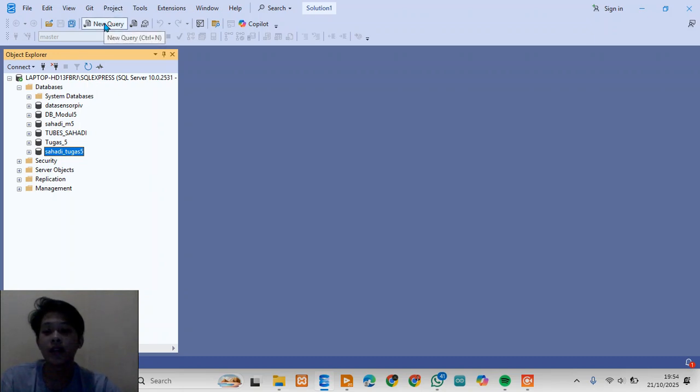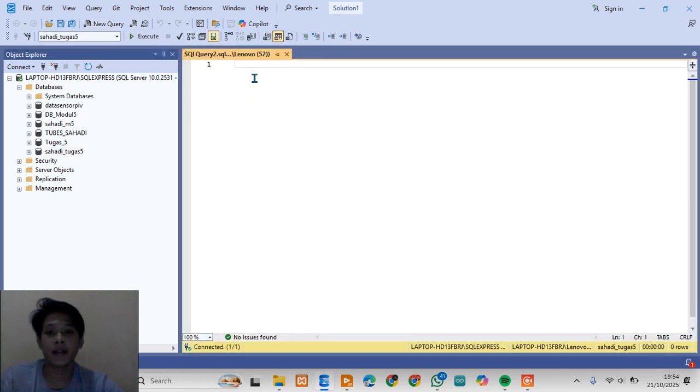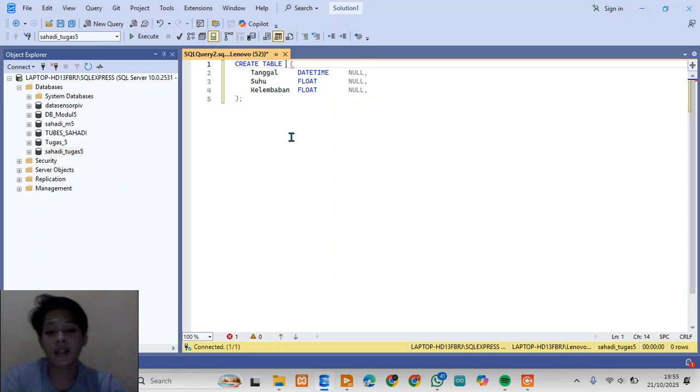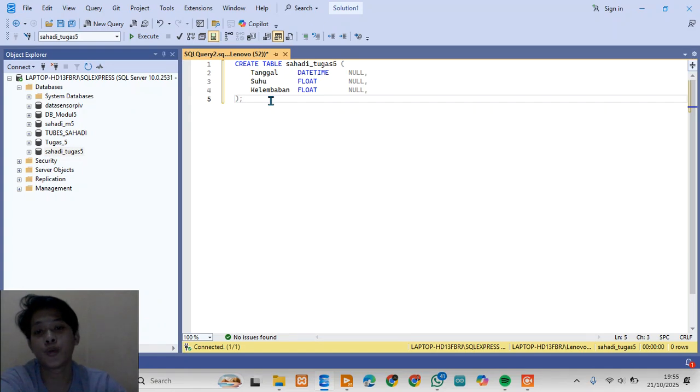I'm going to create a new query and add my query to create the table in the database. I'm editing the name of the table, and in the columns of the table I'm creating tanggal with the data type of date and time, suhu with data type float, and kelembapan with data type float. Suhu is for the temperature sensor, and kelembapan is for